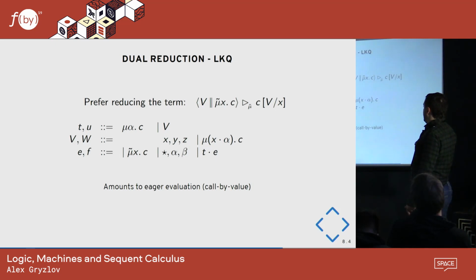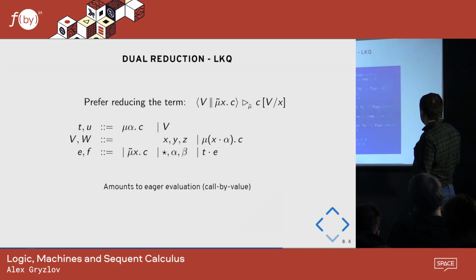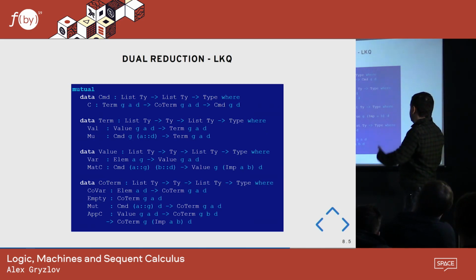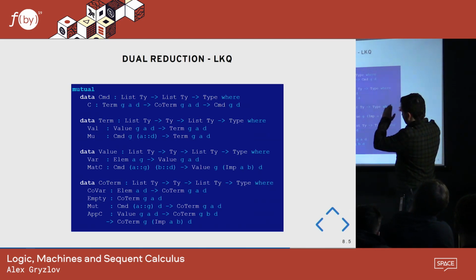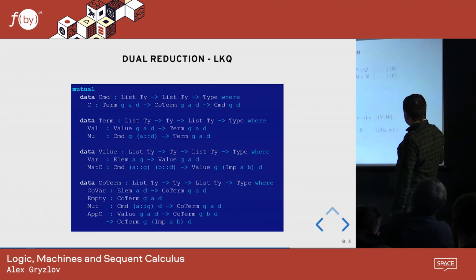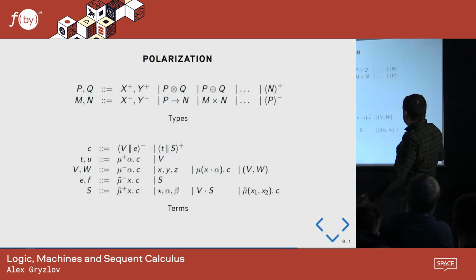Dually, if you always force the system to go to the term, to reduce by the term, then you split the terms into mu's and values, and then you get call by value. This is eager evaluation. So simply by noting that we have this non-determinism in this critical pair and sticking to one strategy, it automatically gives us these reduction strategies. Yeah, so you can go beyond it.